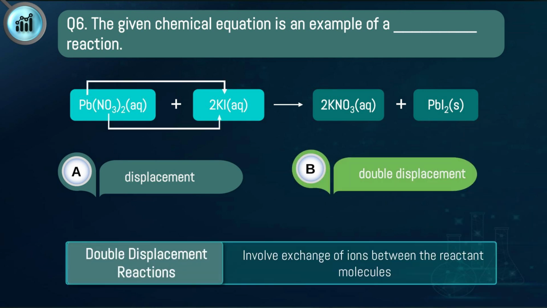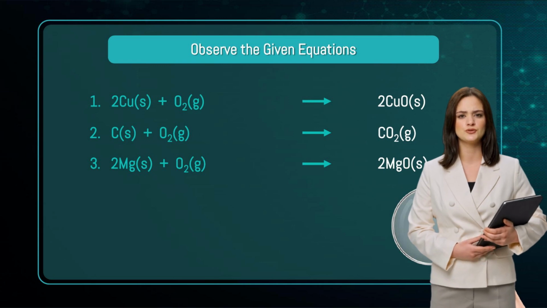The given chemical equation exemplifies a double displacement reaction. In this process, ions are exchanged between reactant molecules, resulting in the formation of new compounds. Here, potassium iodide and lead nitrate react to form lead iodide and potassium nitrate, showcasing the characteristic ion exchange of double displacement reactions. Observe the reaction 2Cu plus O2 gas gives